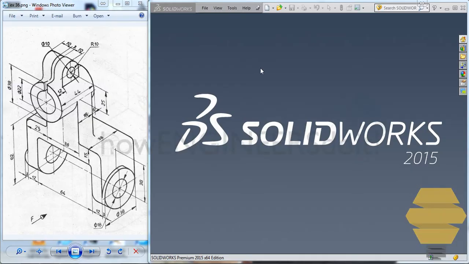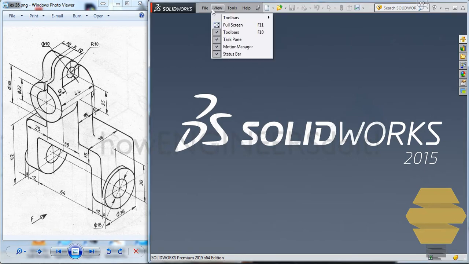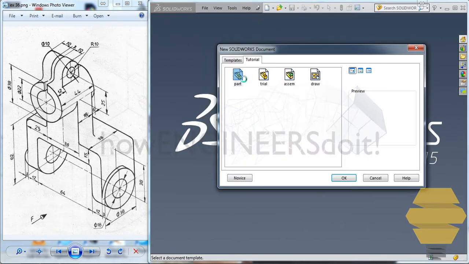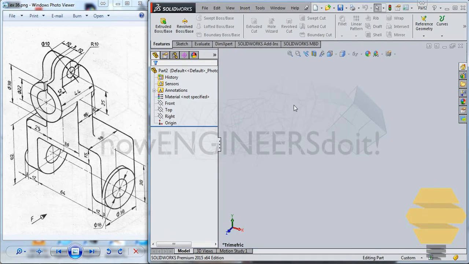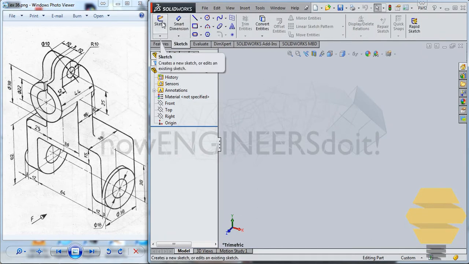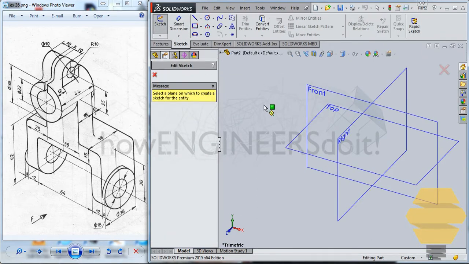In this video, we'll work on exercise number 36. To start off, we'll go to File, New, open a new part template, and start the sketch by clicking on the sketch tool. As we analyze this model, we can see that it looks somewhat symmetrical, and it's symmetric about this axis here. And this is the plane that this model is symmetric with. So we can analyze that we will start the sketch